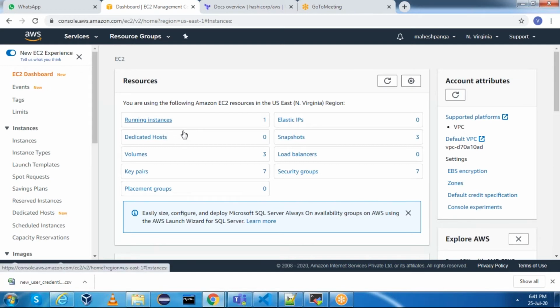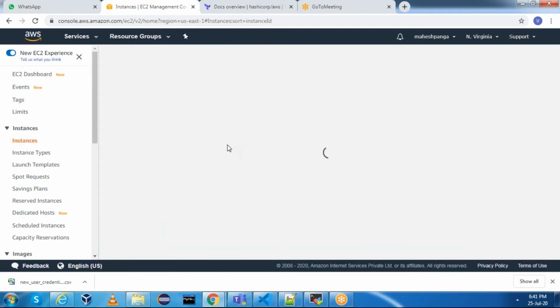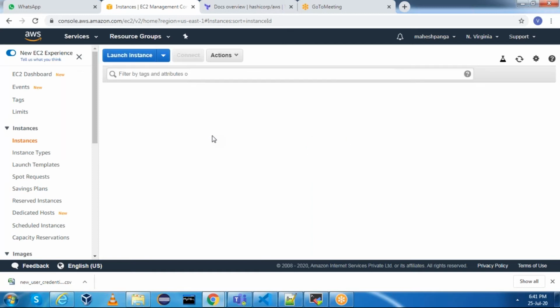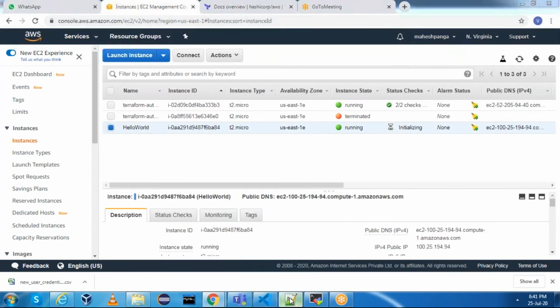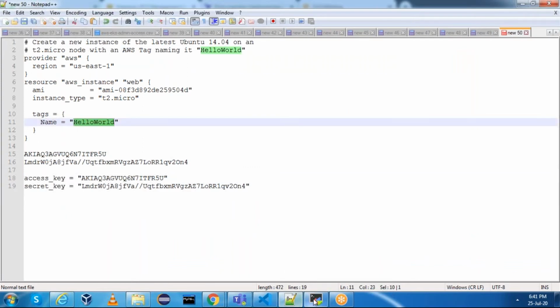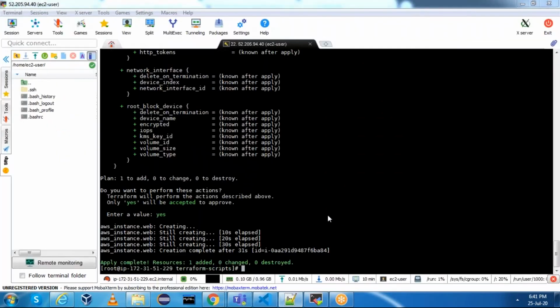Okay, one server is going to get created. See, this is the server which we named hello world. That means our server got created.